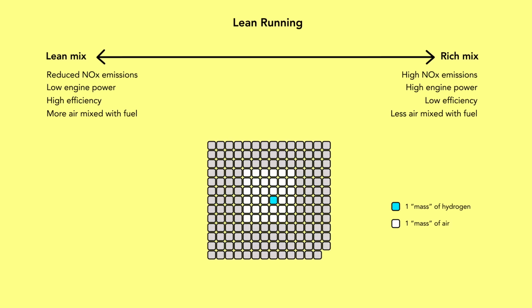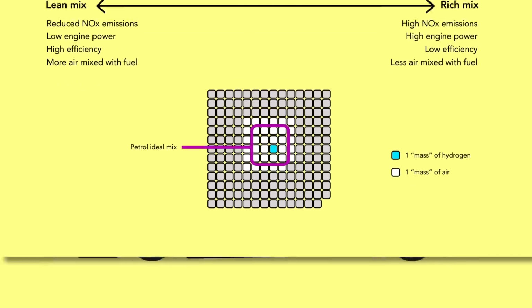Now, this is super lean. There's a small amount of fuel in this mix. Compared to petrol, this is massive. Petrol can just about do a 30 to 1 air-fuel mixture under well-engineered circumstances, but normally runs at about half that. So again, a hydrogen engine can be made very efficient, which will reduce the nitrogen oxide emissions at a